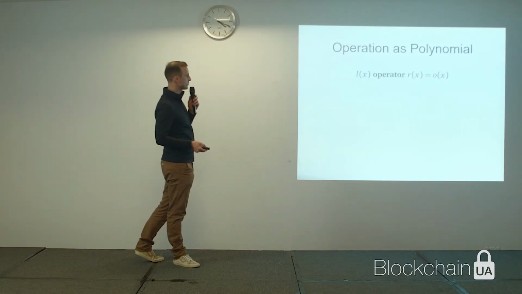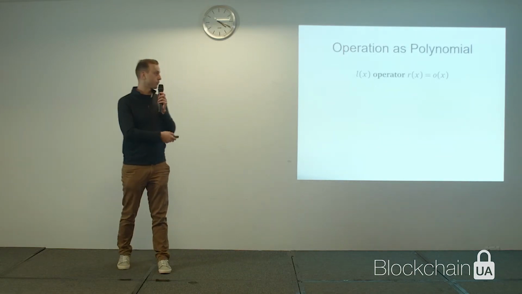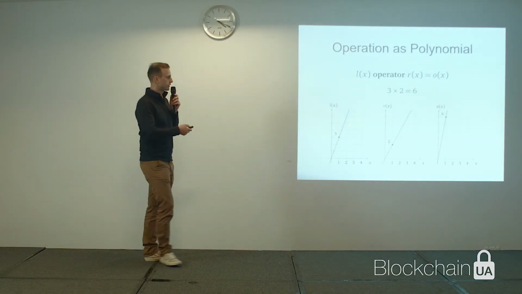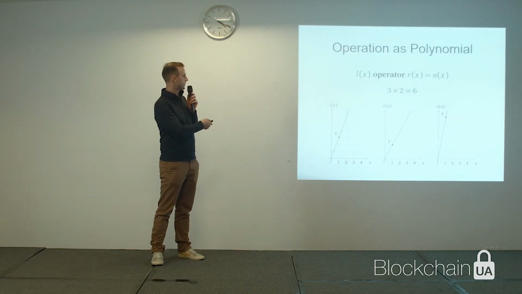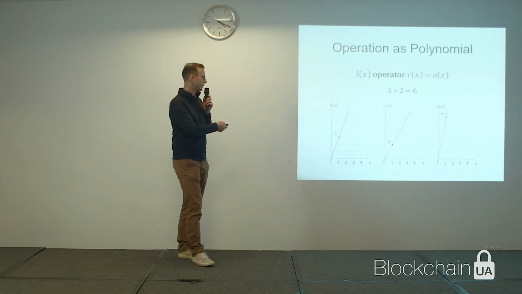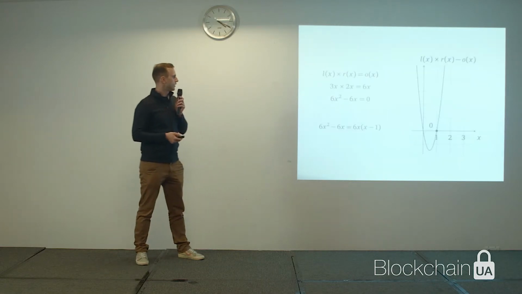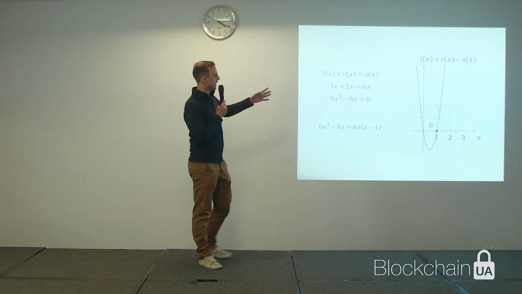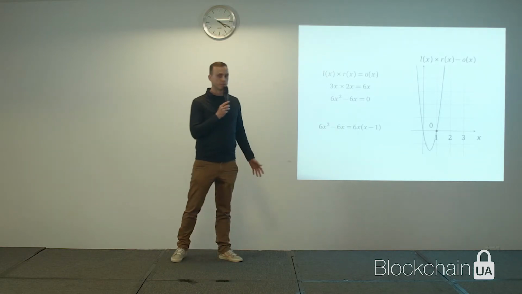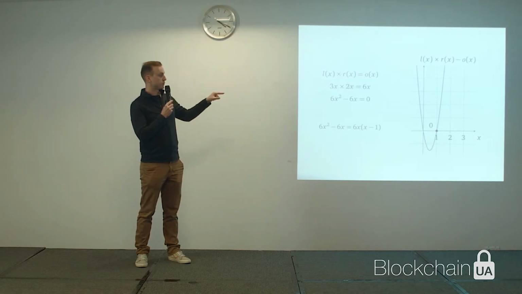This means that we can represent each operation as 3 polynomials. For 3 times 2, the left operand can be evaluated to 3, the right operand to 2, and the output will be evaluated to 6. If we multiply those polynomials and subtract the output,